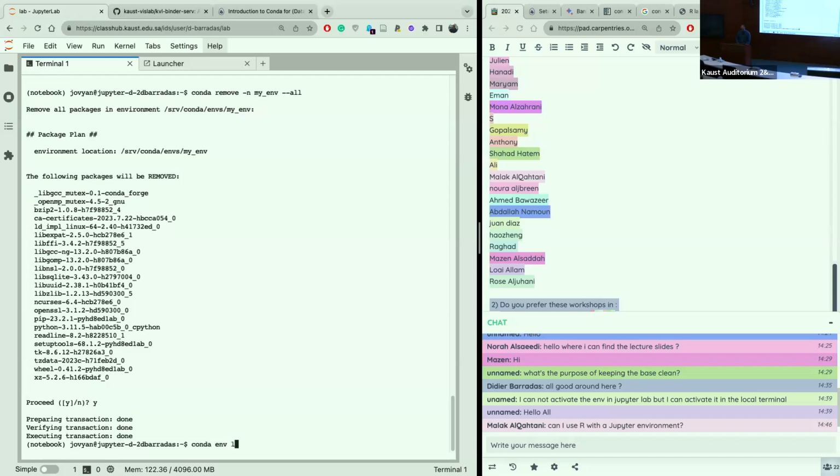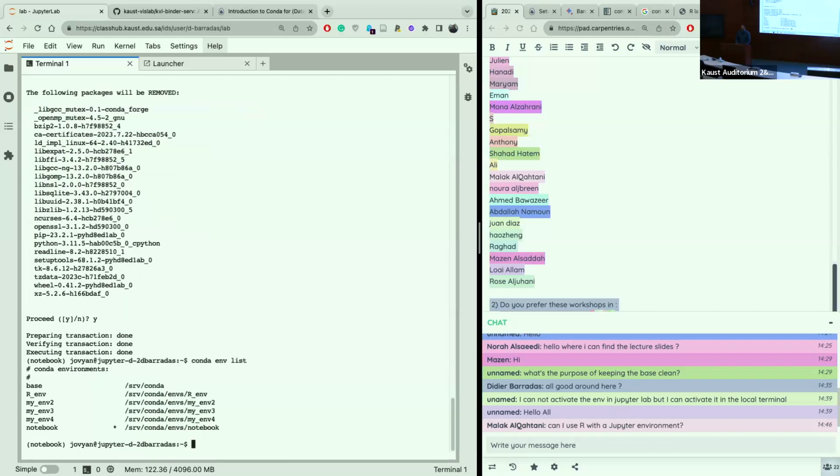Conda env list. Okay. There you have it. There is no my env anymore. I have the other ones, but this one was eliminated. Okay. Now let's do an exercise. I want you to create one environment that has 2 or 3 libraries. Let's say Python, pip, and I don't know, scikit-learn. For example, conda create -n